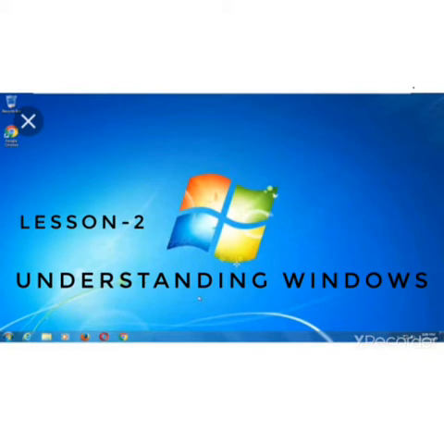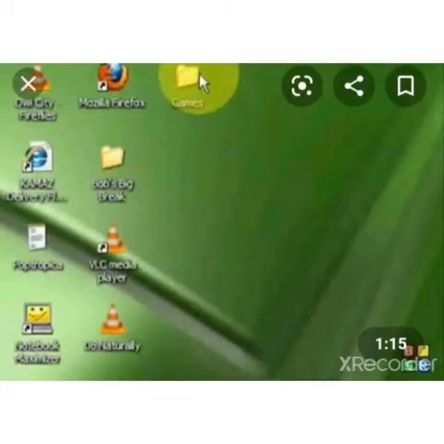In the same way, a computer has a special set of programs which manages all the jobs of a computer and makes it run. This is known as operating system. We learned operating system is the driver of a computer which makes it run. Without an operating system, a computer cannot work. Windows is an operating system.